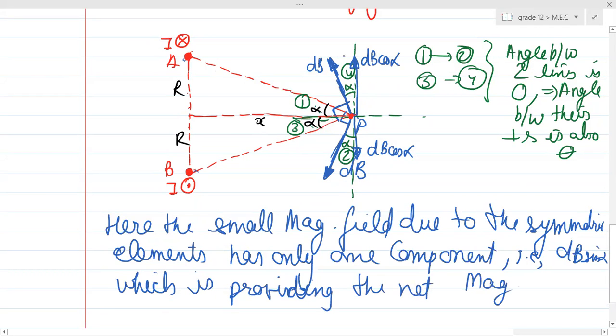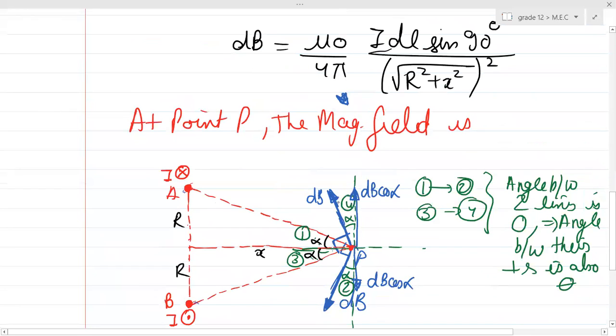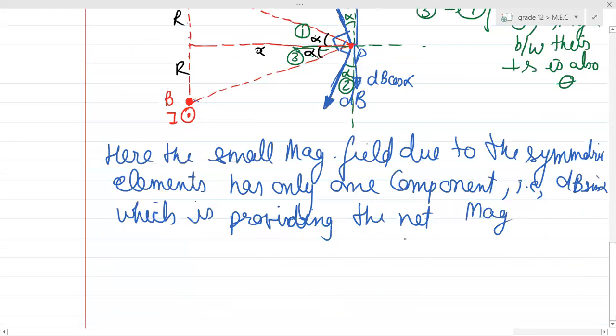And it's the school derivation. You don't need to write all this. You don't need to draw this diagram again. At point P, the magnetic field is